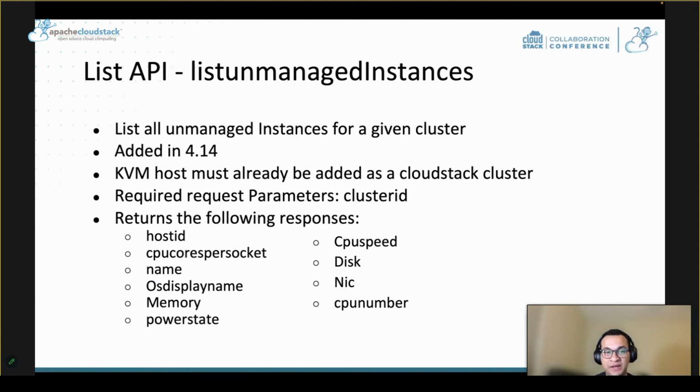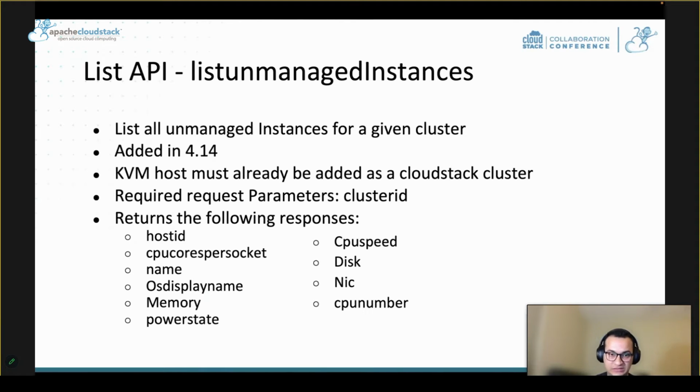The required parameter for this API is the cluster ID. We just need to provide the cluster ID, and this API will return an object which will have the count of the unmanaged instances that are available,